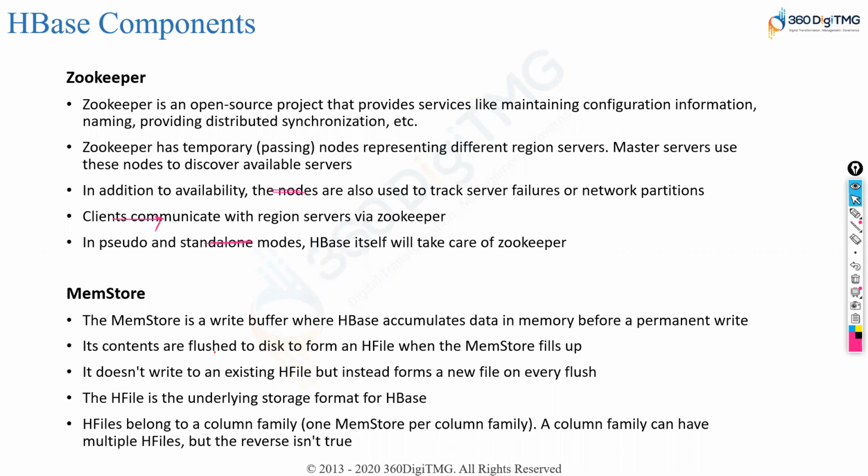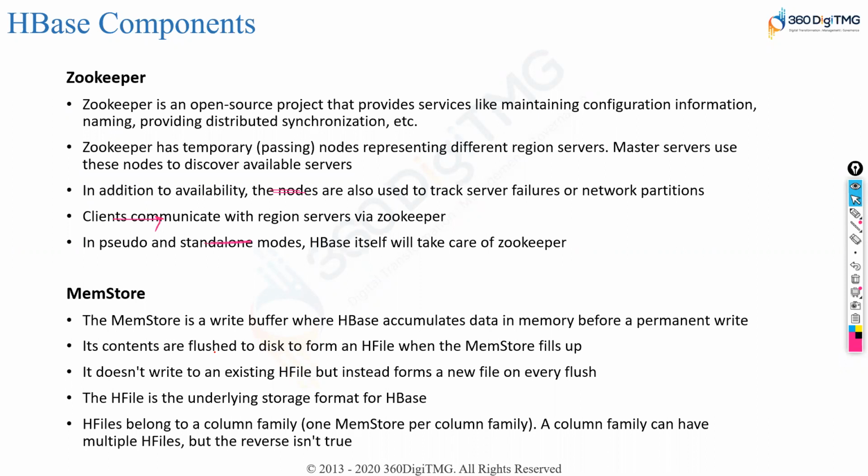And basically when flushing the data into H files, for every flush, we create a new H file. And we define the H file size, right? So when you're having the data stored in memory in the memstore, and it is trying to push the data into physical storage, it basically pushes it in 1 MB size.